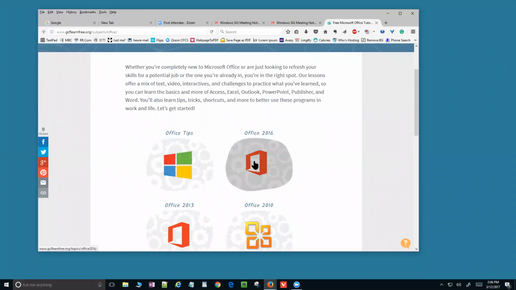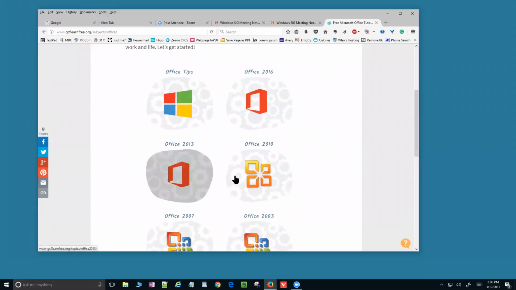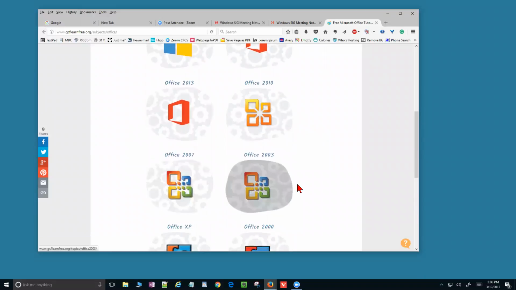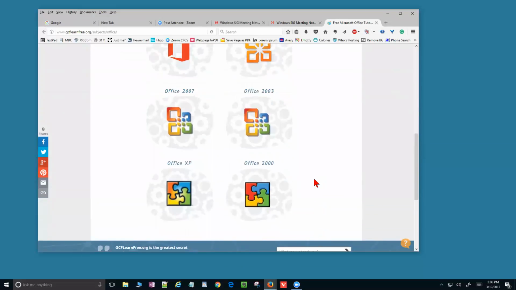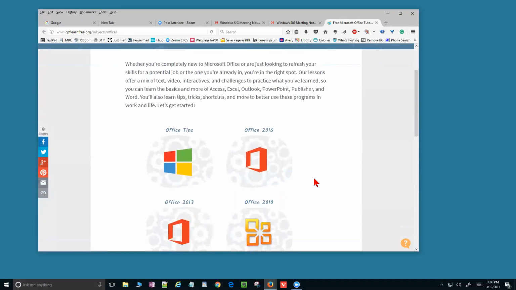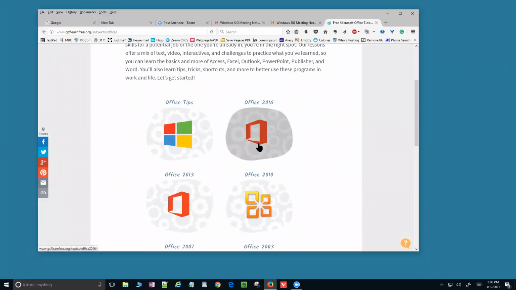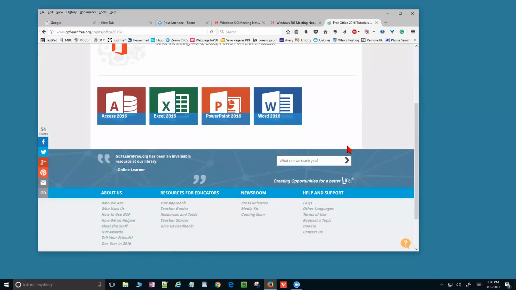They have Office Tips, Office 2016, Office 2013, Office 2010, 2007, 2003, Office XP, and Office 2000. So several versions of it, but let's go ahead and look at Office 2016. You have Access 2016, Excel 2016, PowerPoint, and Word. And if you go to the PowerPoint, for instance,